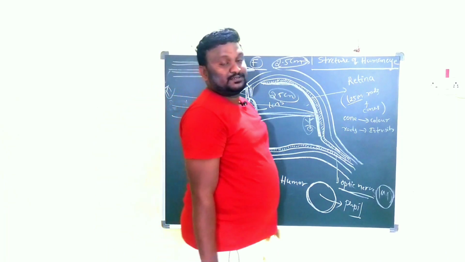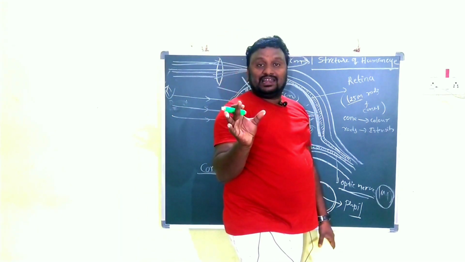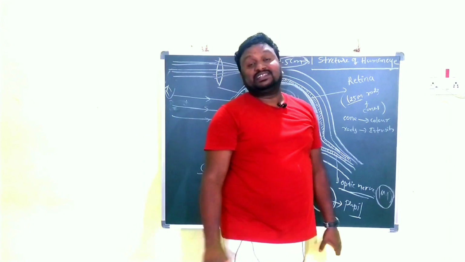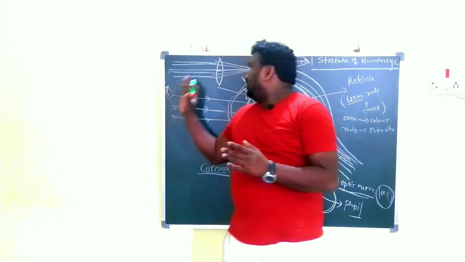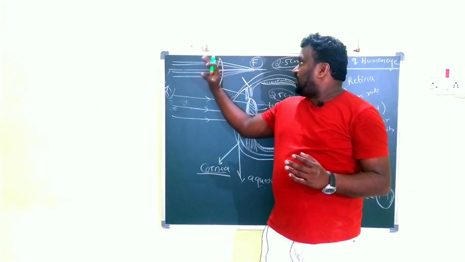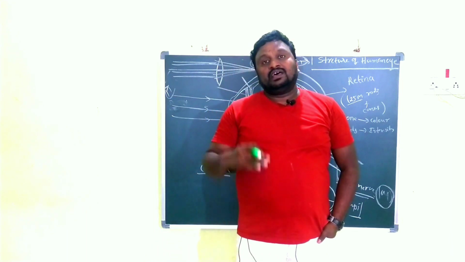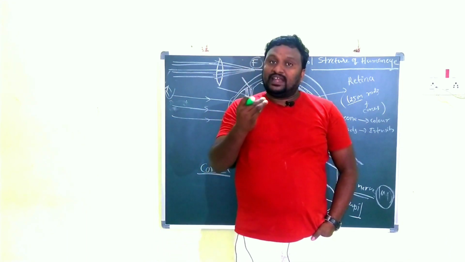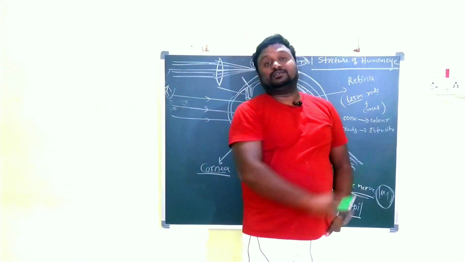2.5 centimeters. Here the focal length of the eye lens is 2.5 centimeters. That is the maximum focal length. The first thing is we find the focal length of the lens by using the distance method. In the same manner, we find the focal length by changing the u values, and we will find the v value.